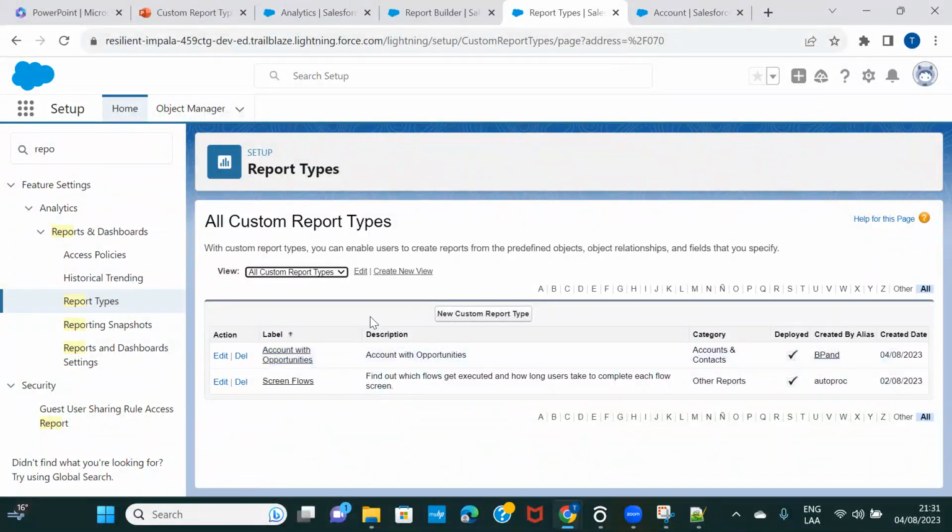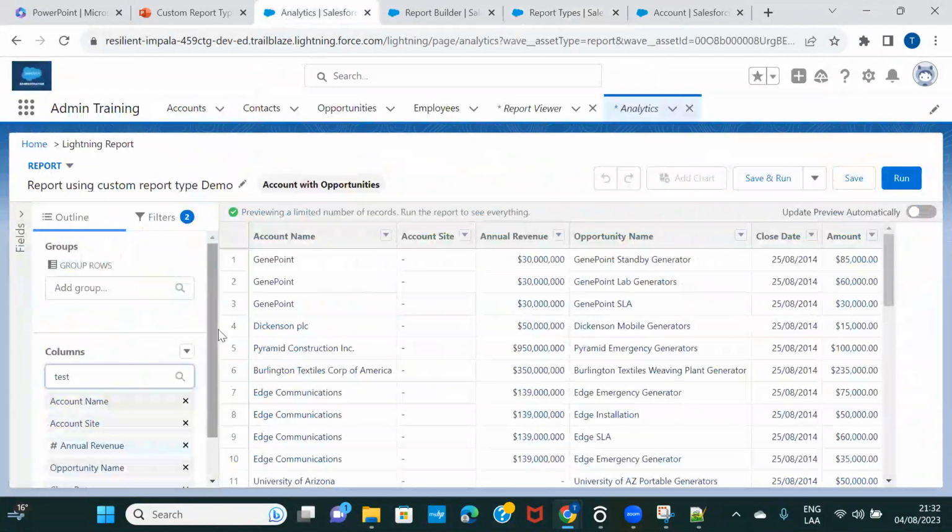Now I can create 50 custom fields on account, and then I can keep on including those fields into this report type, right? But if I had just used the opportunities standard report type, then all the custom fields that I'm creating on account, I would not have been able to access on my report. Okay, so let's go back to the report, refresh this,